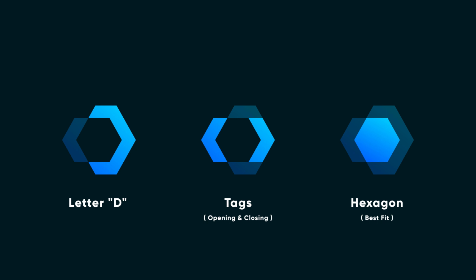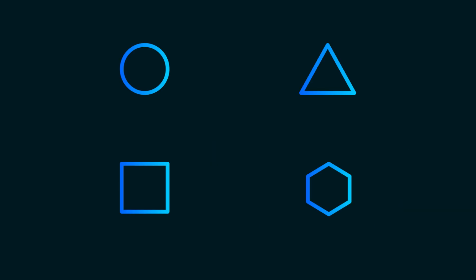Now there is also a story behind the addition of this hexagonal shape. Hexagons are the representation of the best fit. Like you can say that this agency, David Ben Limited, is the best fit if you want to design your web application. Now I will tell you the meaning behind the most important shapes: circular, triangular, square and hexagon.